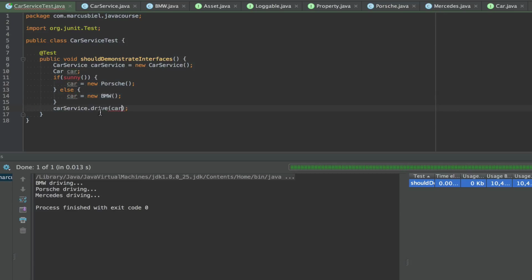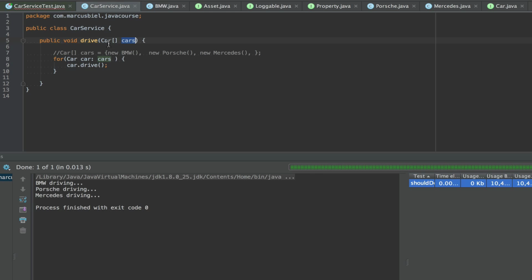Now, I don't want to make an array. Let me change the method. And I don't implement sunny now, so I just say true here, just to keep it simple. So in this case a Porsche would be called. And in my drive method, to make this work, I make this a car to keep it simple. And I would call drive.